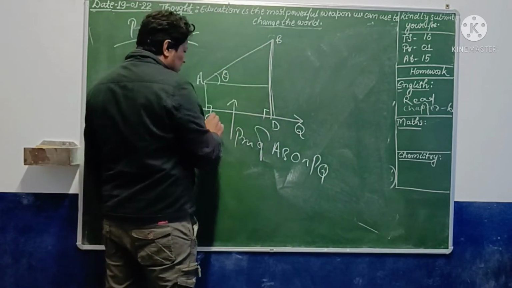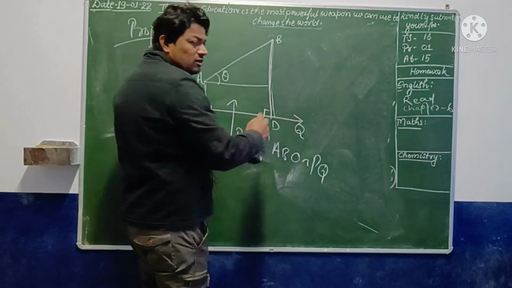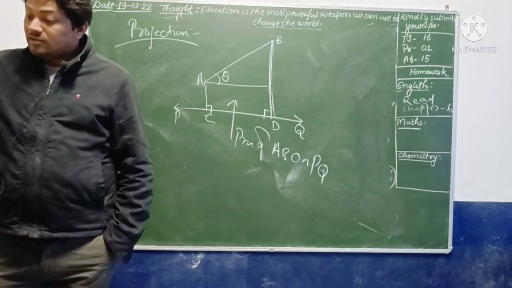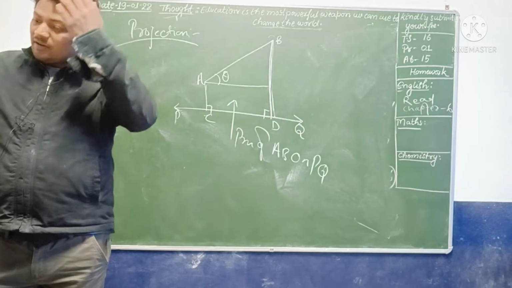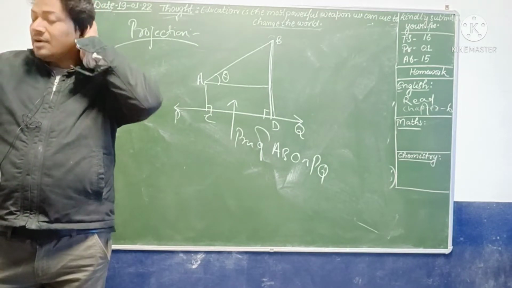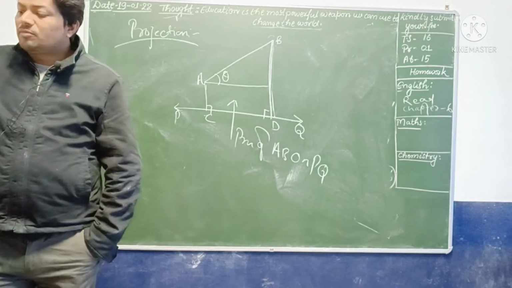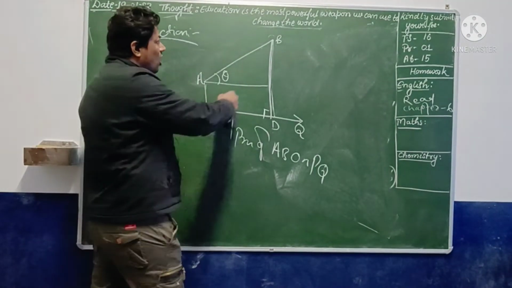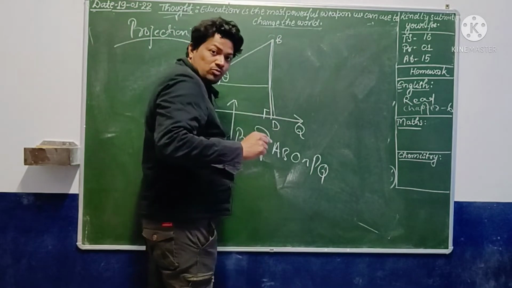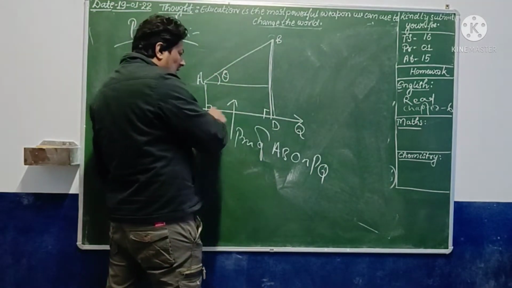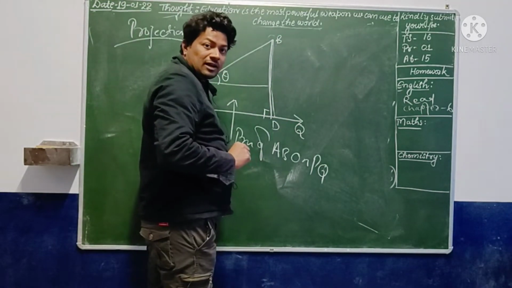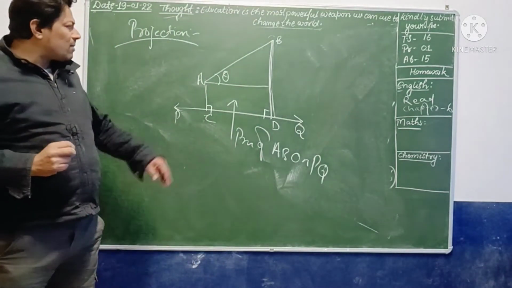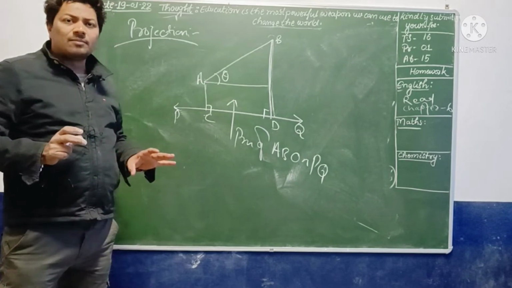AB का projection किसके ऊपर? That one is PQ के ऊपर. Is it clear? So both are working as a foot of perpendicular, which is drawn from A and B. Clear? जो A और B दोनों से ड्रॉन किए गए, एक A से PQ के ऊपर और B से PQ के ऊपर. तो दोनों का फुट ऑफ परपेंडिकुलर कहाँ लाई कर रहा है? PQ के ऊपर लाई कर रहा है. क्लियर? तो मतलब कि आपने प्रोजेक्शन किया हुआ, उसके बाद आपने ये लाइन ड्रॉ की, चाहे जो भी किया.